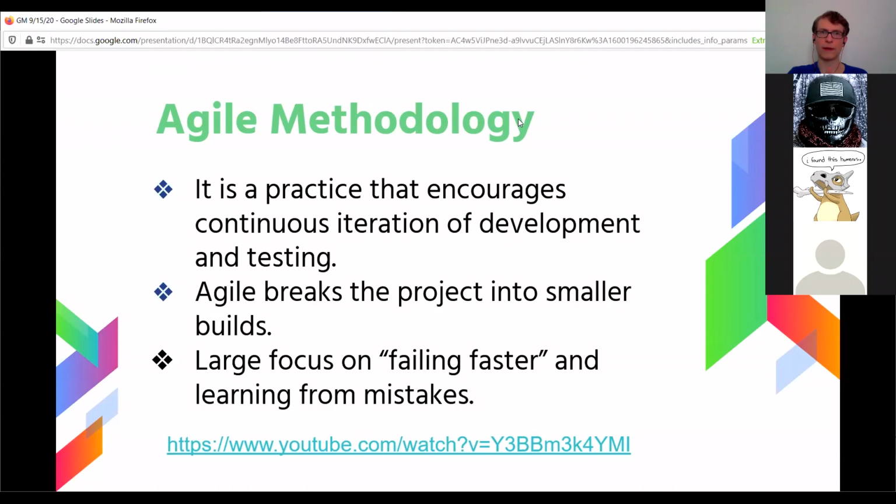At least when we get to Scrum specifically, you break the project up into manageable chunks. With this iteration, you get a failing faster sort of approach where you try something. If it works, great, you stick with it. But if it doesn't work, you can then redo it. It's not as locked in as some of the older waterfall approaches.